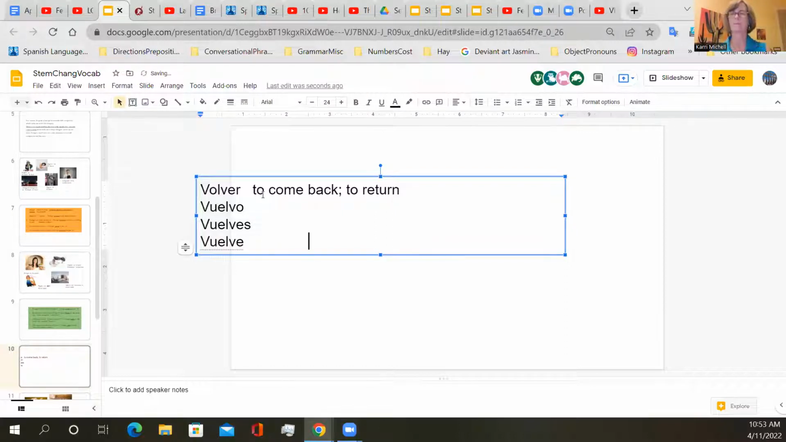Vuelve. Let's take a look at the plural form here. Vuelven. So we've got vuelvo, vuelves, vuelve, vuelven. And then we're going to go to the one that does not get a stem change, and that is volvemos. Okay, sepan, just so you know what this verb is, although